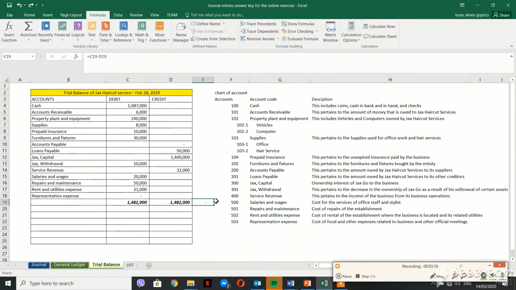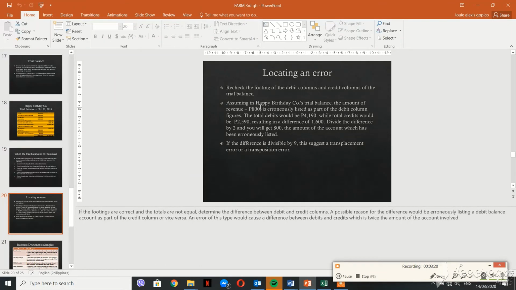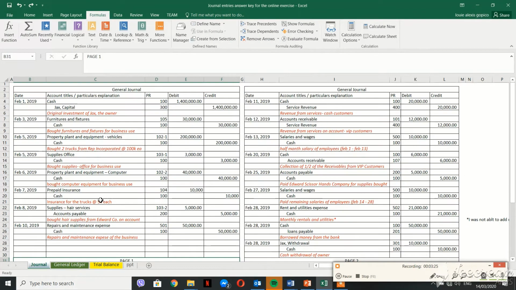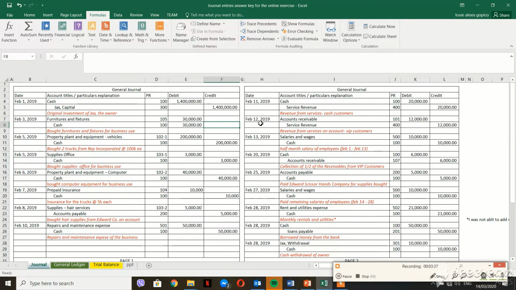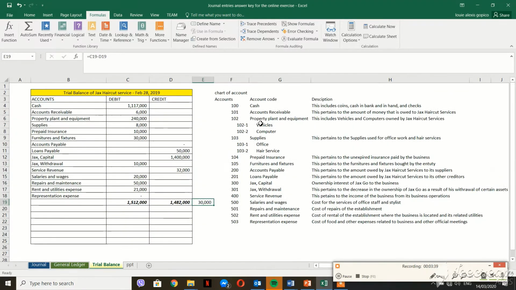Initially this is equal. However, assuming in our example the cash of 30,000 that was credited was put in the debit. 30,000 in the debit. So there is an error. If you look at the trial balance,